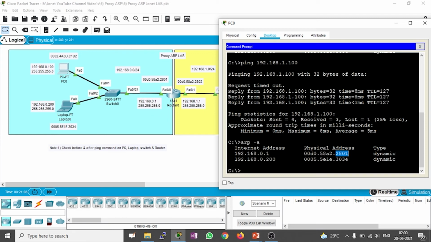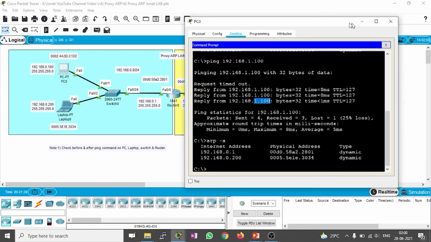Now I cannot find the 1.100 MAC address because of the proxy ARP. The router never supports broadcast. If you need any layer 2 address, I will give it. If you need any layer 3 address through the default gateway, I will query and answer for you.